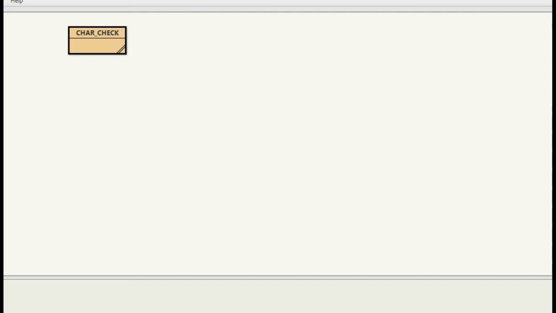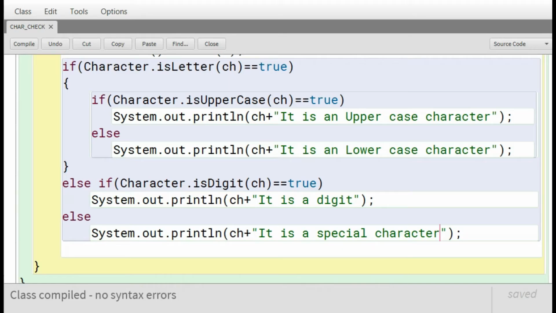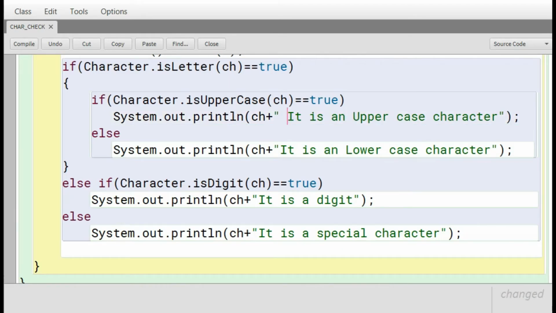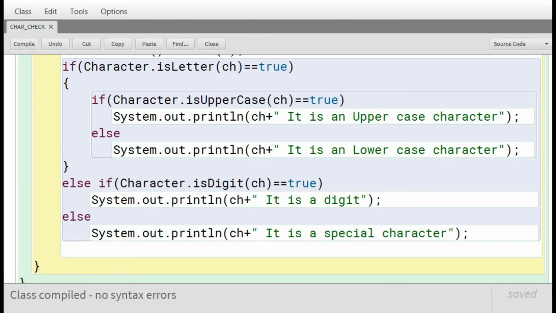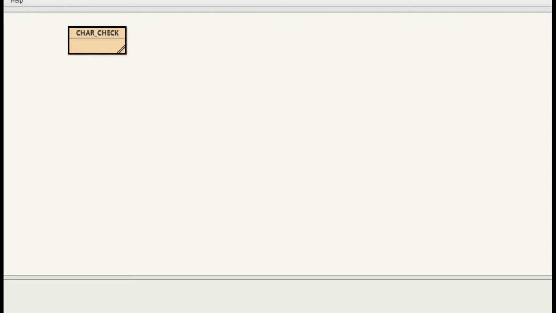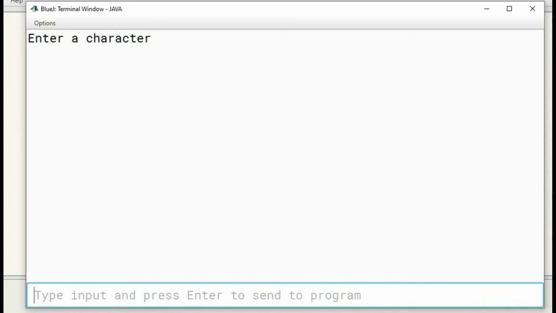So let's work out with another example. Run this program again, and suppose we have entered 5, so it's a digit.